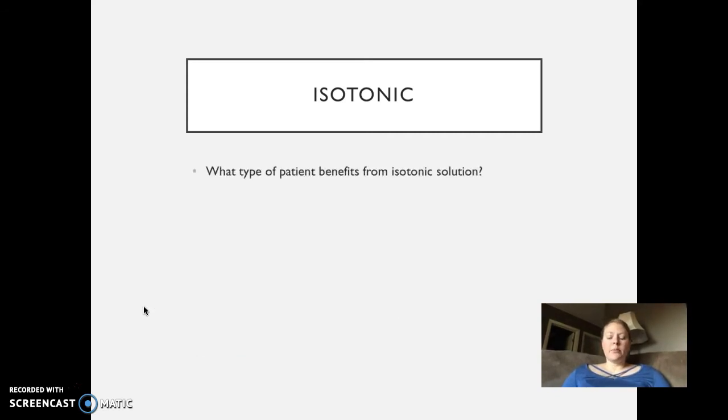So what type of patient would benefit from an isotonic solution? Where does the fluid stay? What did we just talk about? That's right, a patient with fluid volume deficit would be a very appropriate patient to receive this fluid. They come in, they're volume depleted, they just need a little extra help. So we're able to give this fluid and increase that extracellular fluid so they're able to maintain